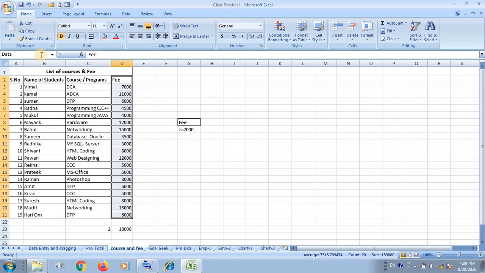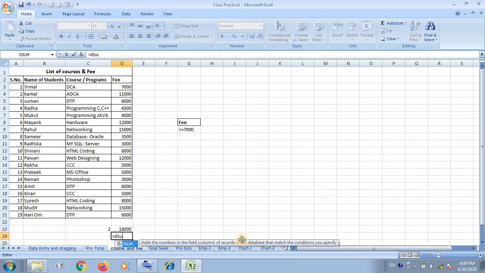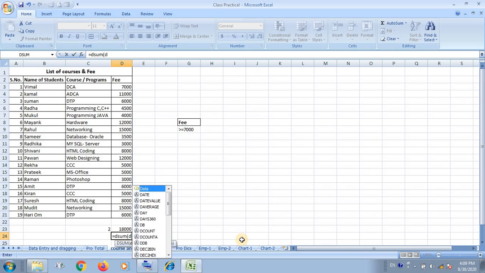I have defined the data name for this particular database calculation, and I have written the equals sign, DSUM, and then the name of the database that I have declared, now data, and here fee is the field.